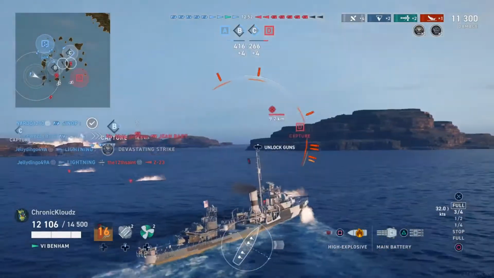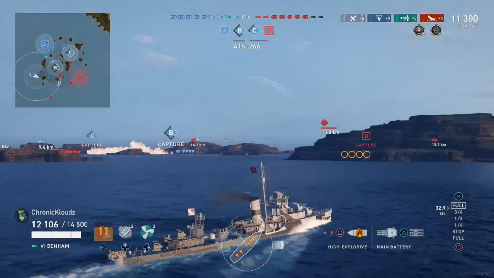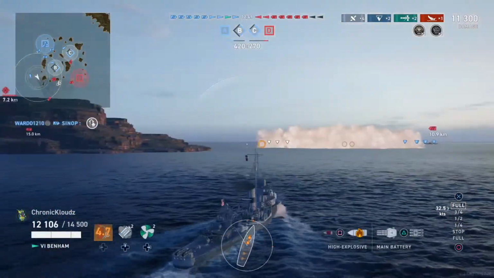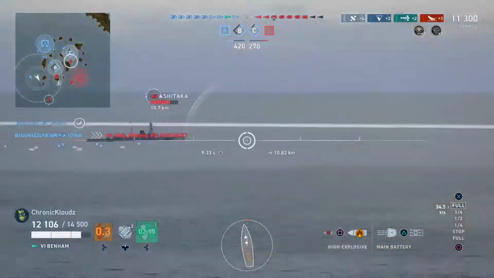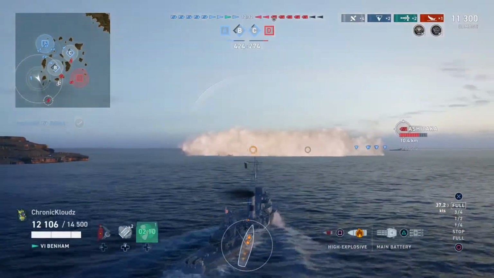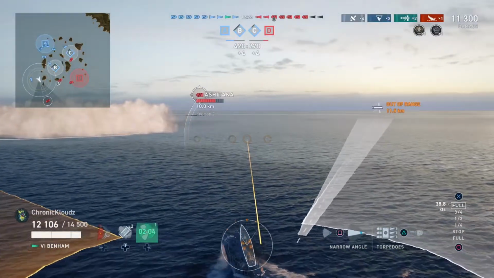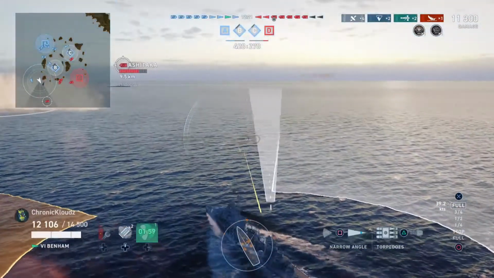Okay, we go ahead and dodge the torpedoes that he sent at us. As you see, the rudder shift on this ship is just so nice. You can turn on a dime. The turret traverse speed is not that bad either. The turrets turn around the ship pretty quick. We got this Ashitaka out here, kind of looks like she wants to press to the edge of the map. Don't really know what she's doing out there,